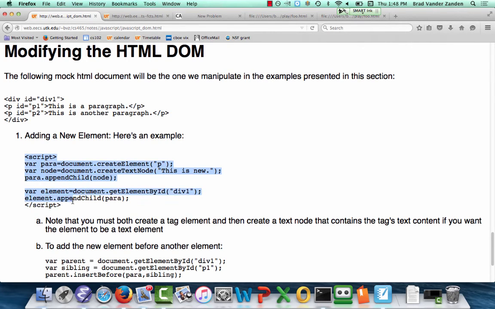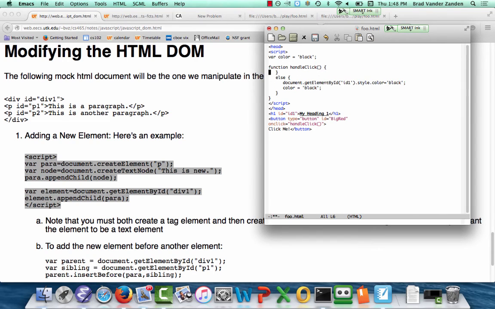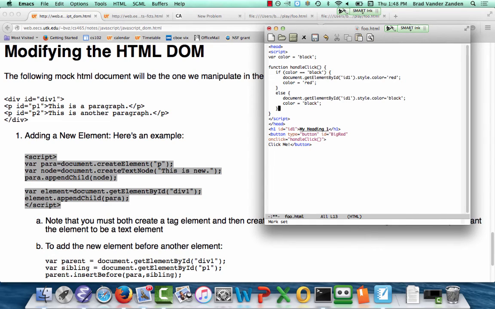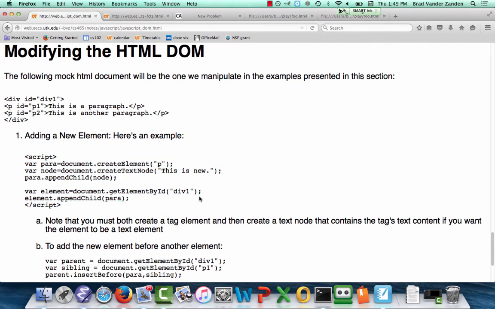I'm going to take it and handle click. Instead of changing the color, what I'm going to do is add a new element to my file. So when I handle click, I'm going to take this code here